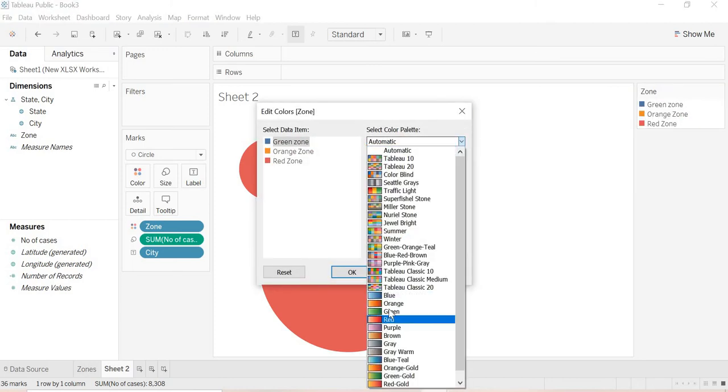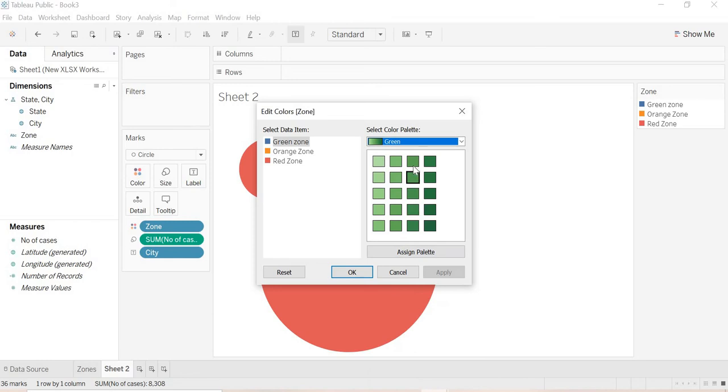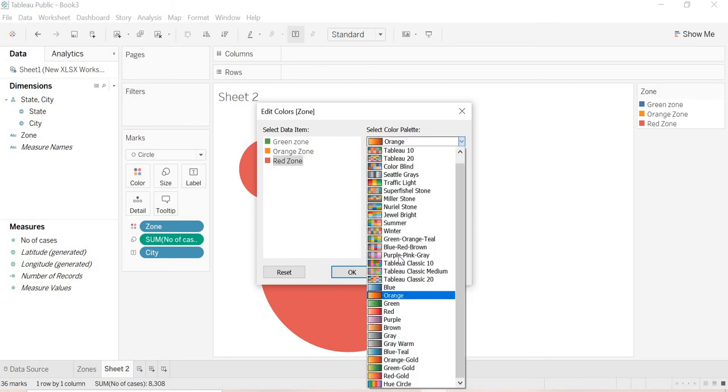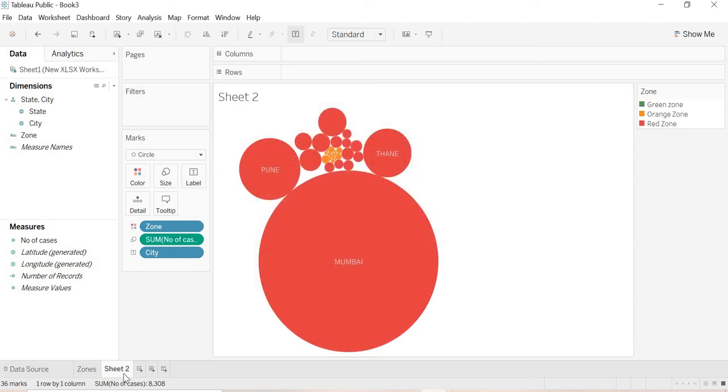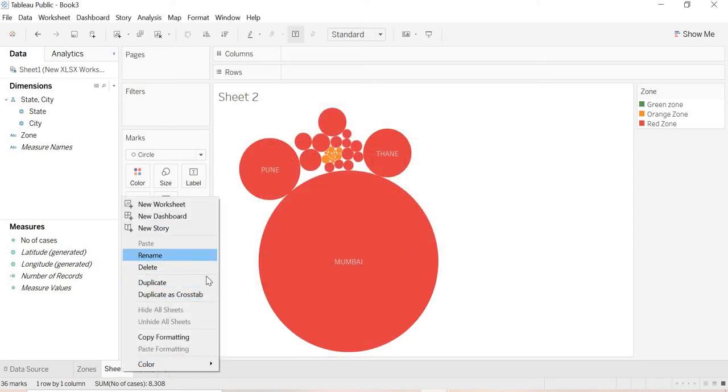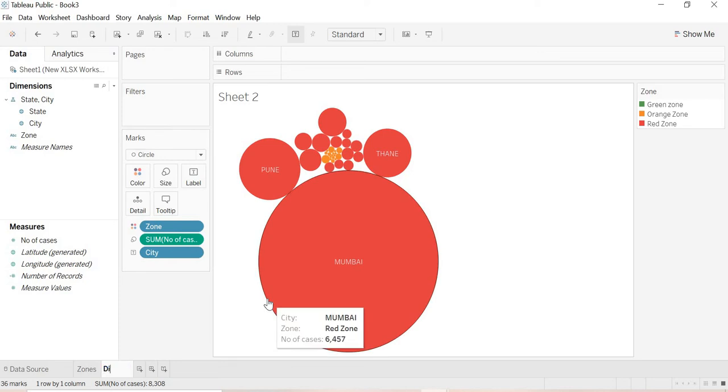Green zone I will put in green color, orange zone in orange, and red zone in red. I'll click OK. I got these details. I'll name it district details.